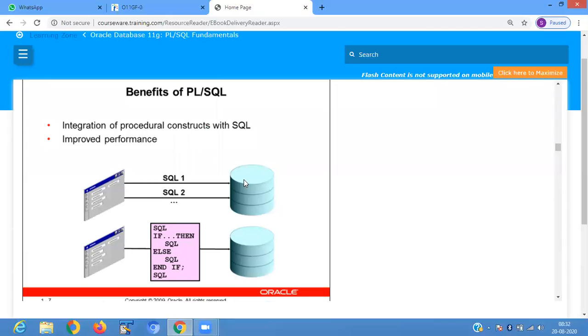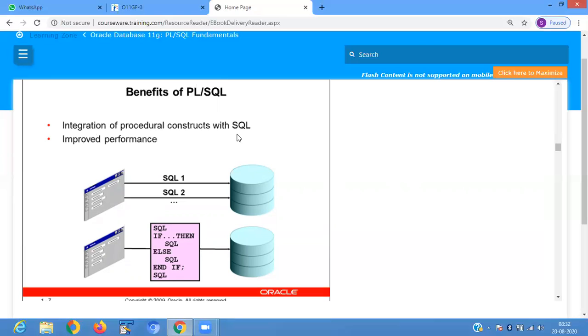Then the benefit of the PLSQL. It is the integration of procedural constructs with SQL. So in a procedural construct, that means in a programming construct, you are using SQL statements, and it improves the performance. As per your requirement you display the record.